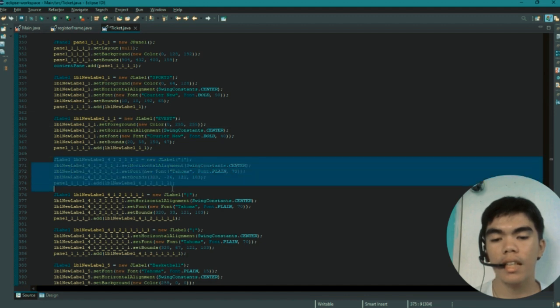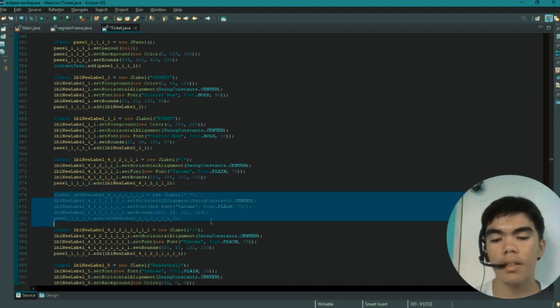So next is this JLabel, which is set to horizontal alignment center, set font to new Font Tahoma, plain, and size 70, and set the bounds to 32, -26, 121 and 103, and added to our panel.